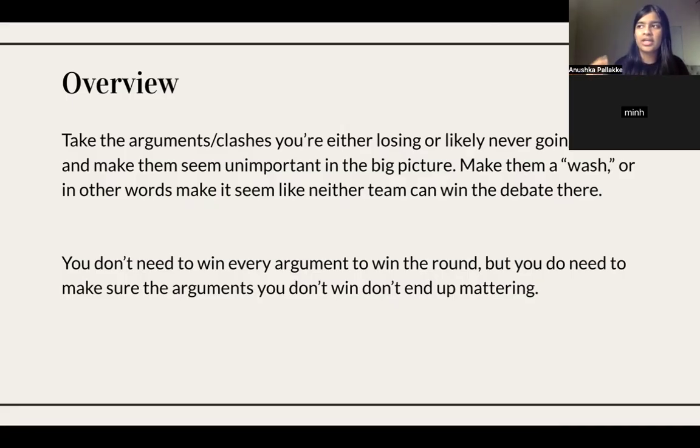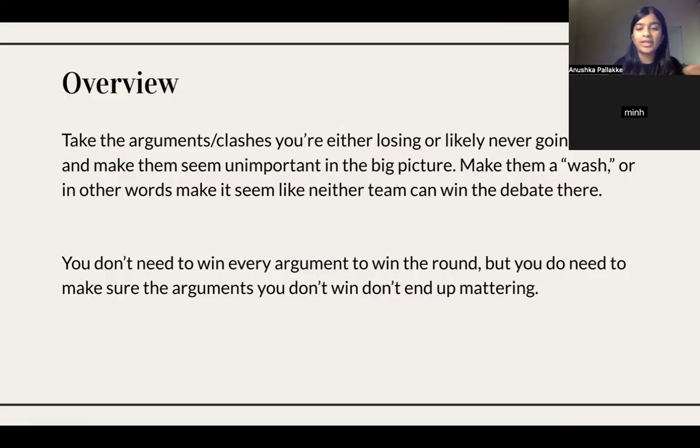Some things are just a fact or something, and you may not be able to secure the ballot through argumentation on that specific point, but by responding you can now ensure that this argument has become blocked, it has become a wash. They now have to do extra work to pull it into a ballot, so they might not do that, and then you can end up focusing on your stronger arguments and the ones that really matter.